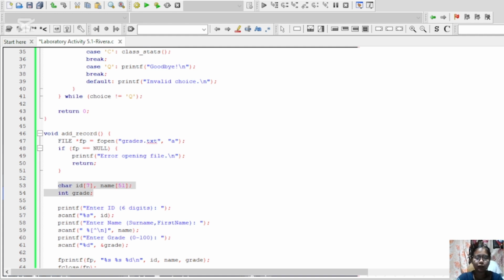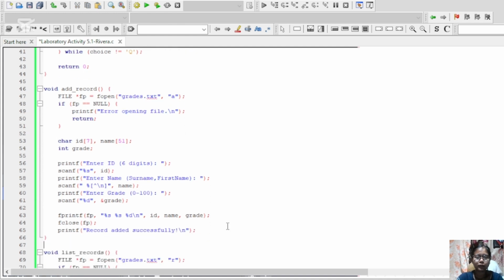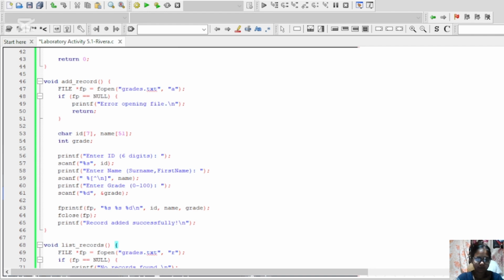Here I get the user's input: the ID, and the full name using scanf with a format that allows spaces. This lets them type, for example, Rivera Kenji, with the surname before the first name.